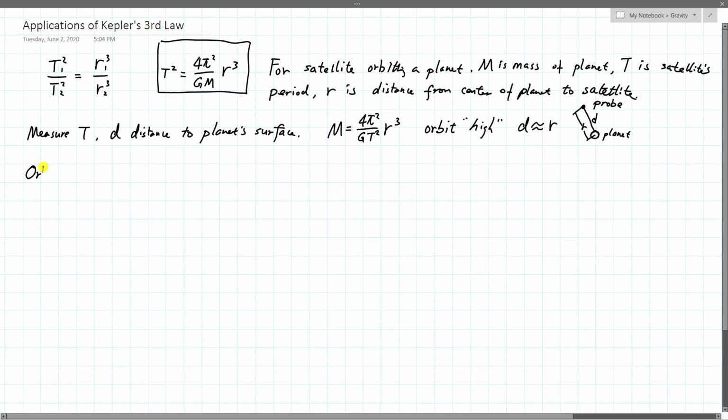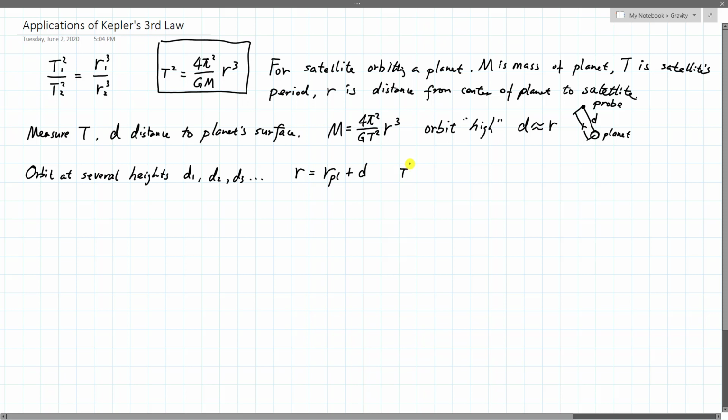So orbit at several heights. So there will be something like a d1, distance to the surface, d2, and d3, and so on. So what this can be used for is, we know that this r is equal to r of the planet plus the distance that the probe is to the surface, right? So